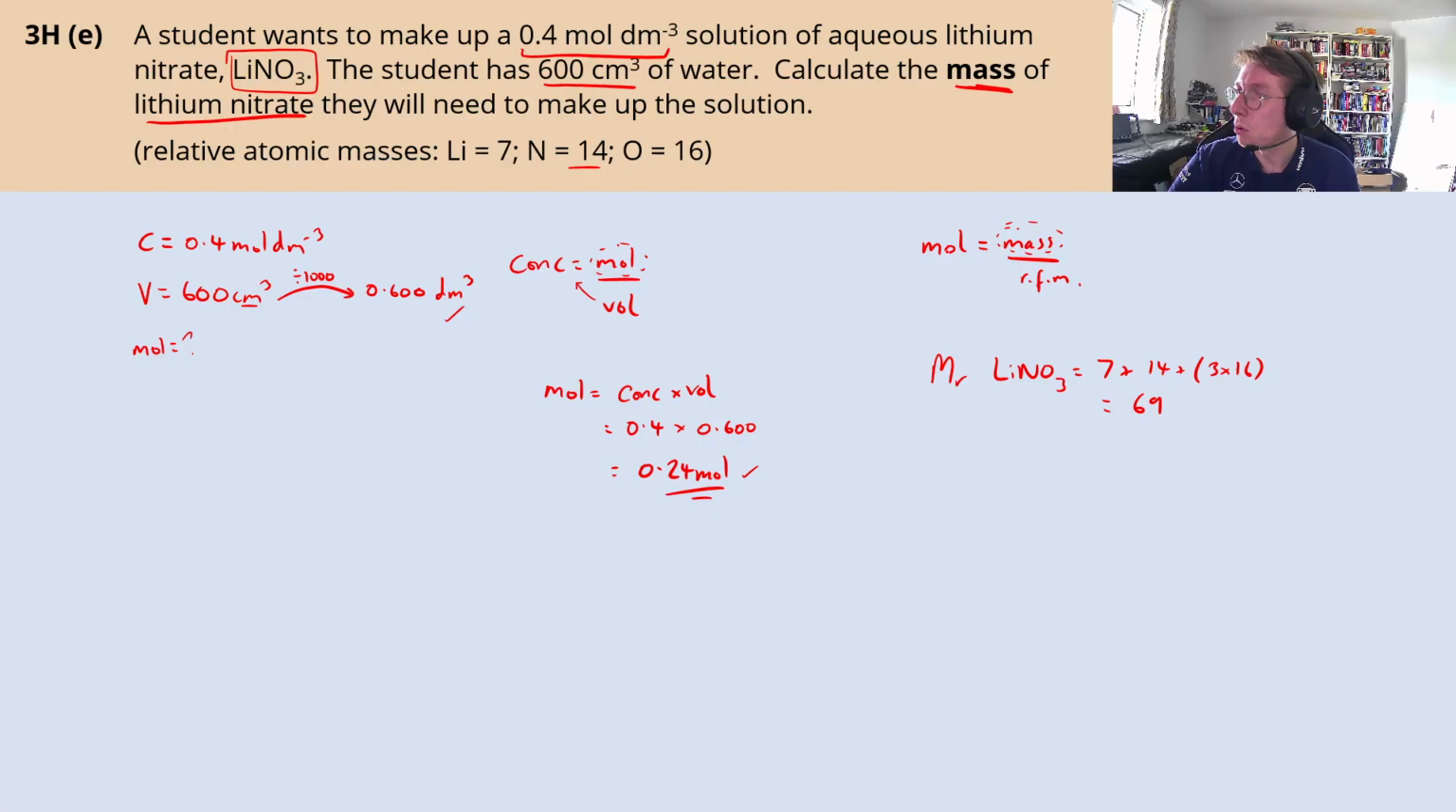Now, if we look at this equation, we need to rearrange it in terms of mass. We need to move relative formula mass over to the other side, and it's being divided by at the moment, so we need to do the opposite, so we need to multiply. So therefore moles times the relative formula mass is going to be equal to the mass that we need. So our number of moles is 0.24, the relative formula mass 69. We multiply those two numbers together and we get